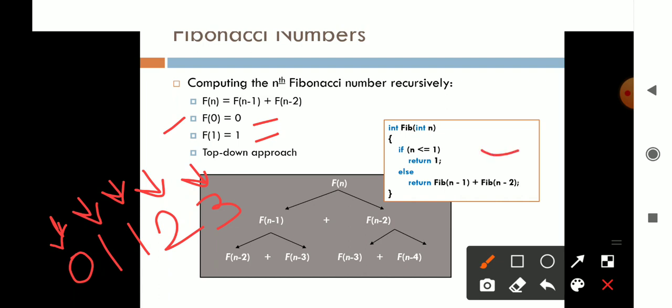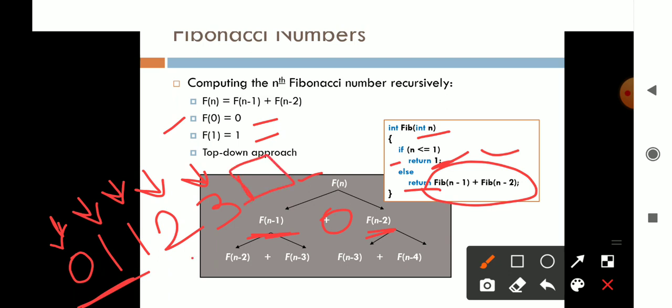So here we have the code for that. If we want to find out the Fibonacci of the nth number, if n is less than or equal to 1, it will return n, right? And if it is not, we go to the else part, in which we add the previous two numbers here. That is written as f of n is the addition of f of n minus 1 and f of n minus 2. F of n minus 1 is actually the addition of the previous ones. So if we want to find this particular number, it will add these two.